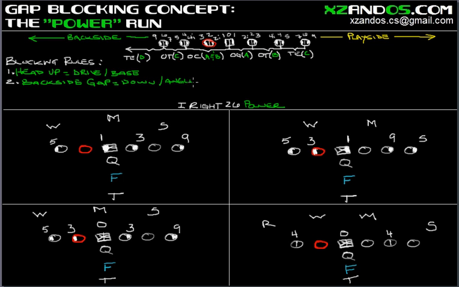Whatever you want to call it or teach your players, that's fine. But if they have nobody in head up, they move to backside gap and they execute a down block or angle block. If no one is in a head up technique and nobody is sitting in their gap, they're going to move to the third rule, which is they are going to block second level,